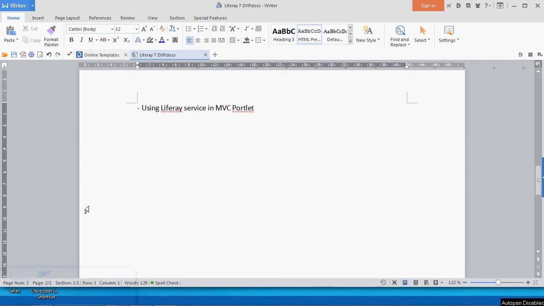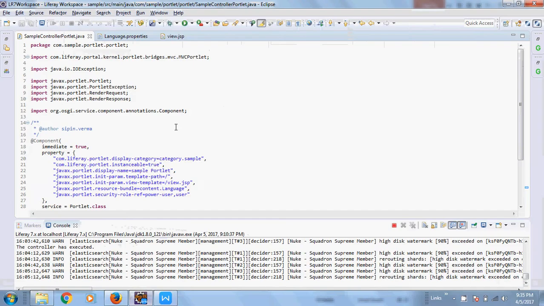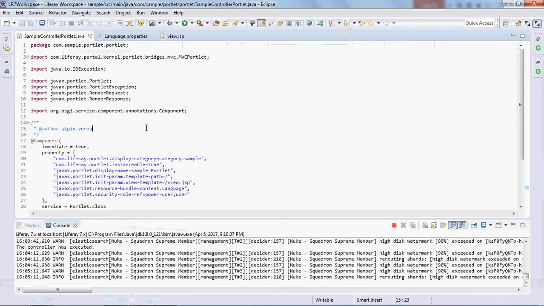Hello friends, today we will learn how we can use Liferay service in our MVC Portlet. So in the last tutorial we have already learned how to create a sample MVC Portlet. This is the same Portlet which we are going to use for further modification, where we will use Liferay